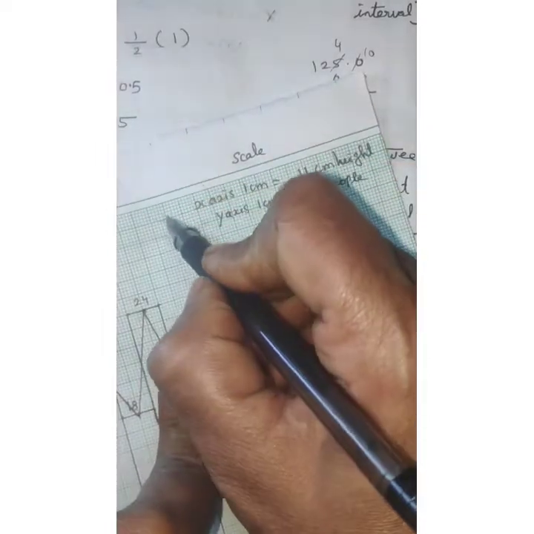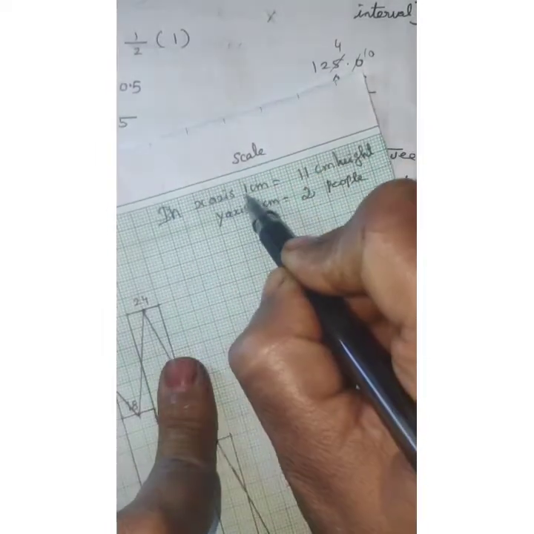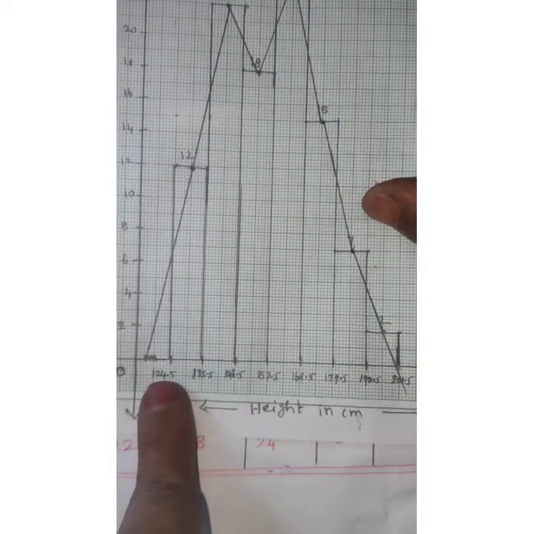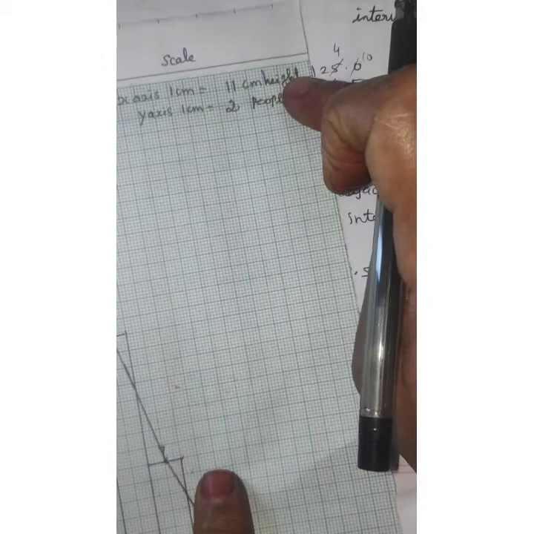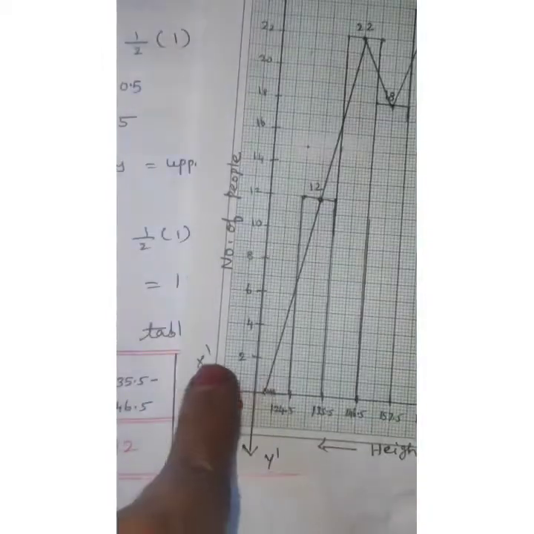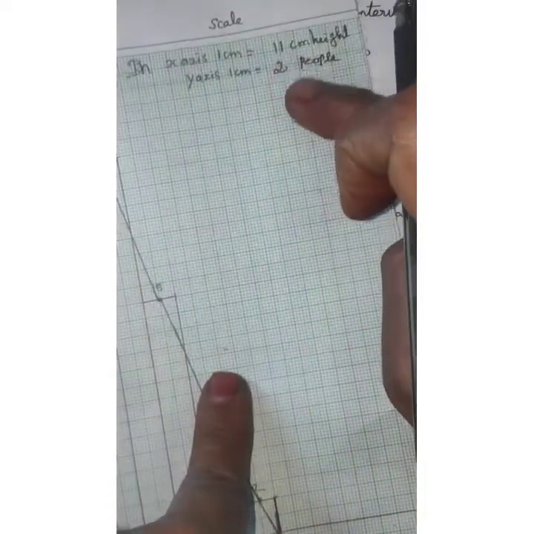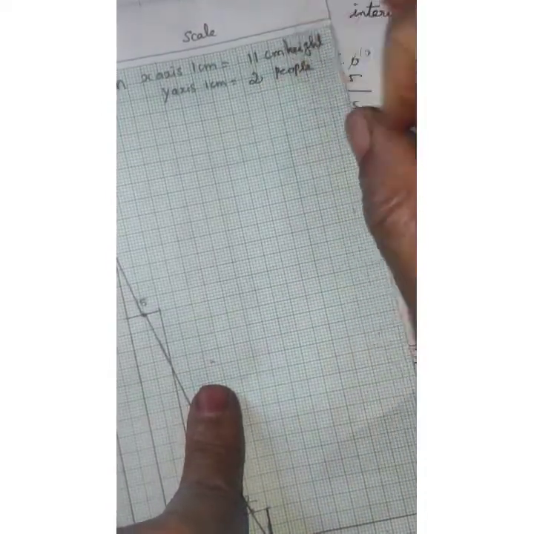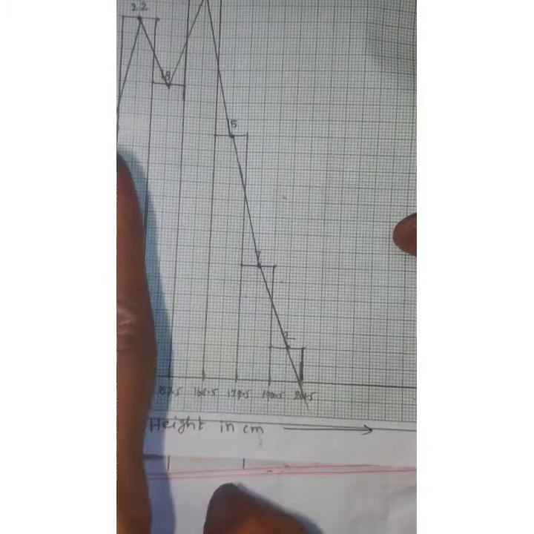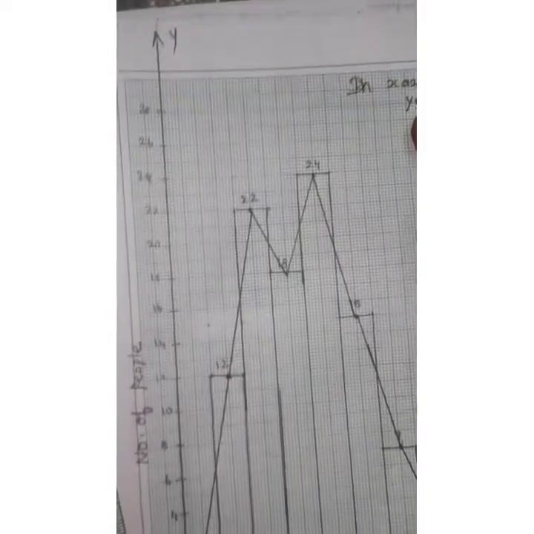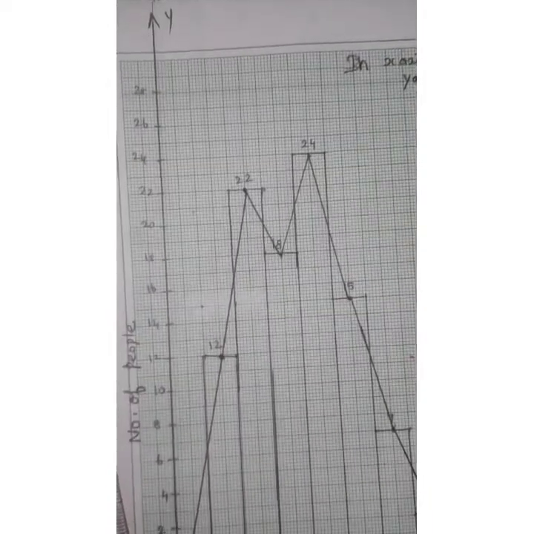Scale in x-axis 1 centimeter equal to, this difference is 11. Okay, so 11 centimeter height. Y-axis start the number is 2. All the one is people only. So height only asking for 2 people, right? Scale must you write. 6 sum is completed. Next this one paste here. Your fair note for you, half paper is pasted there over the work.